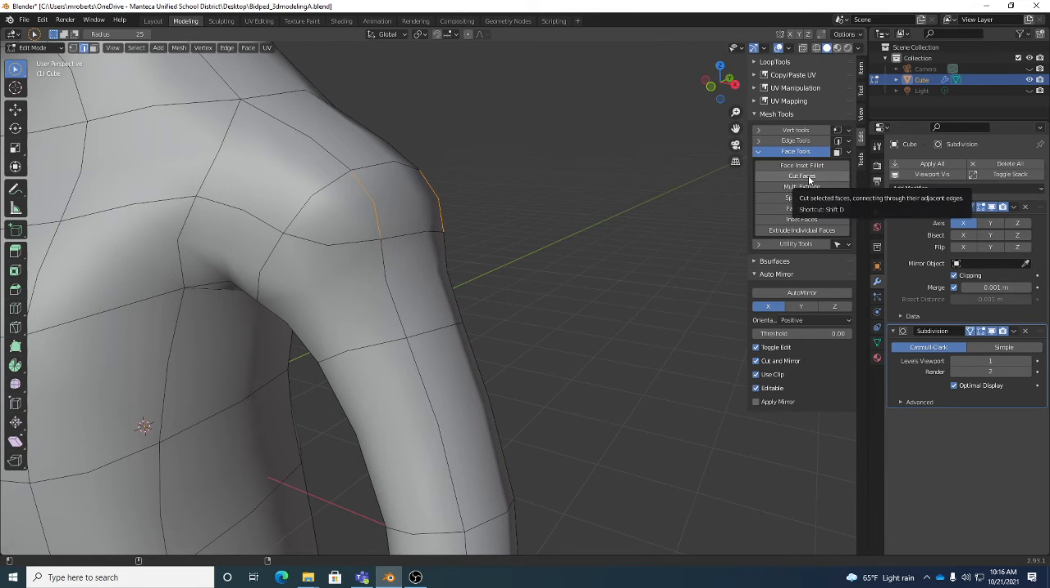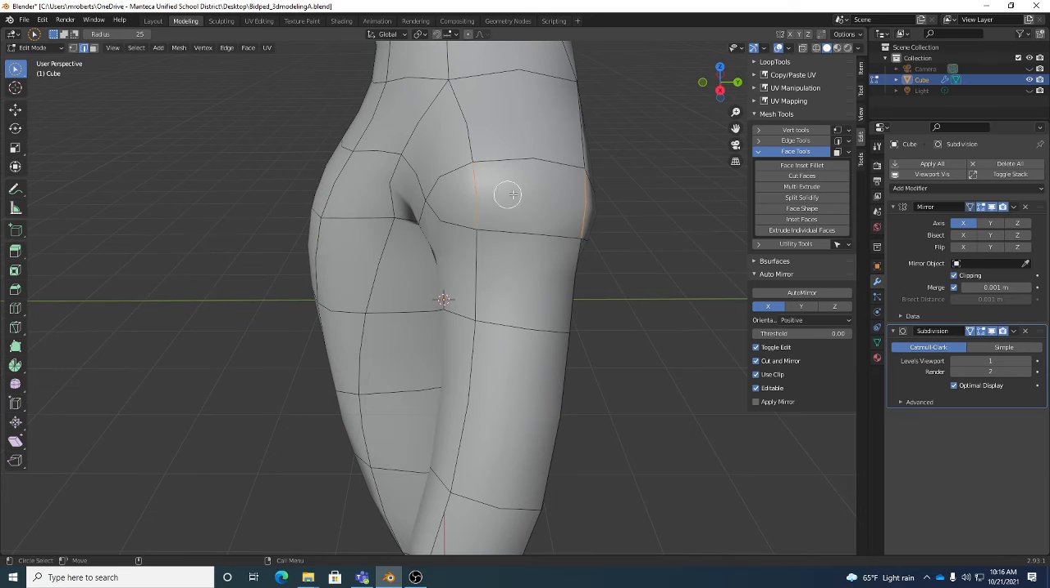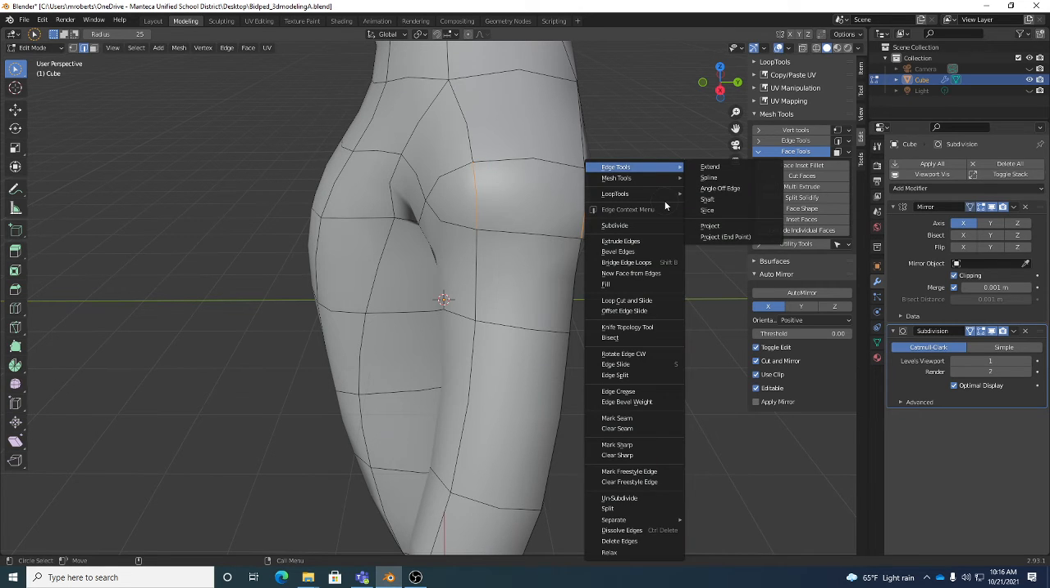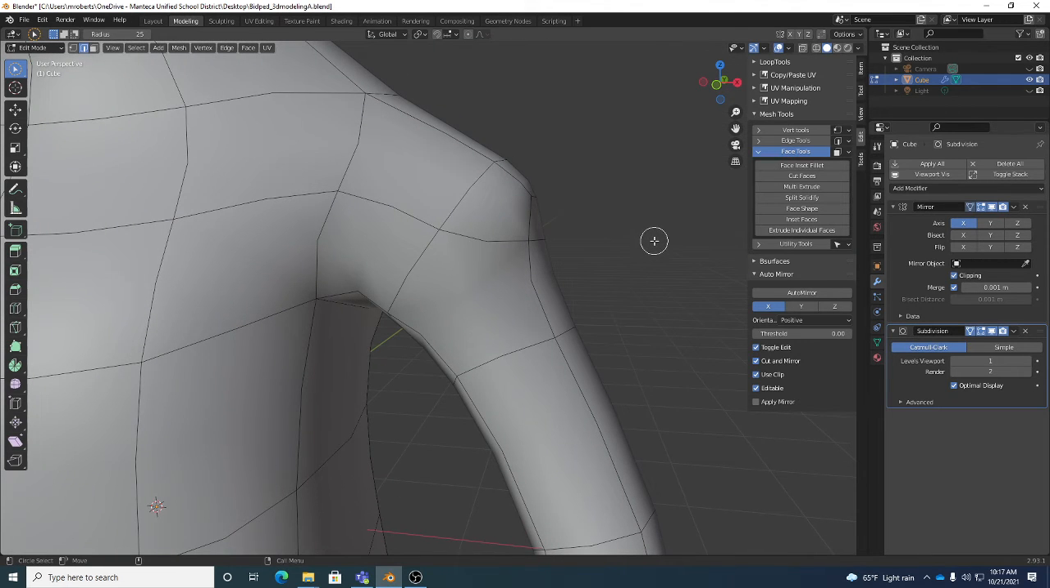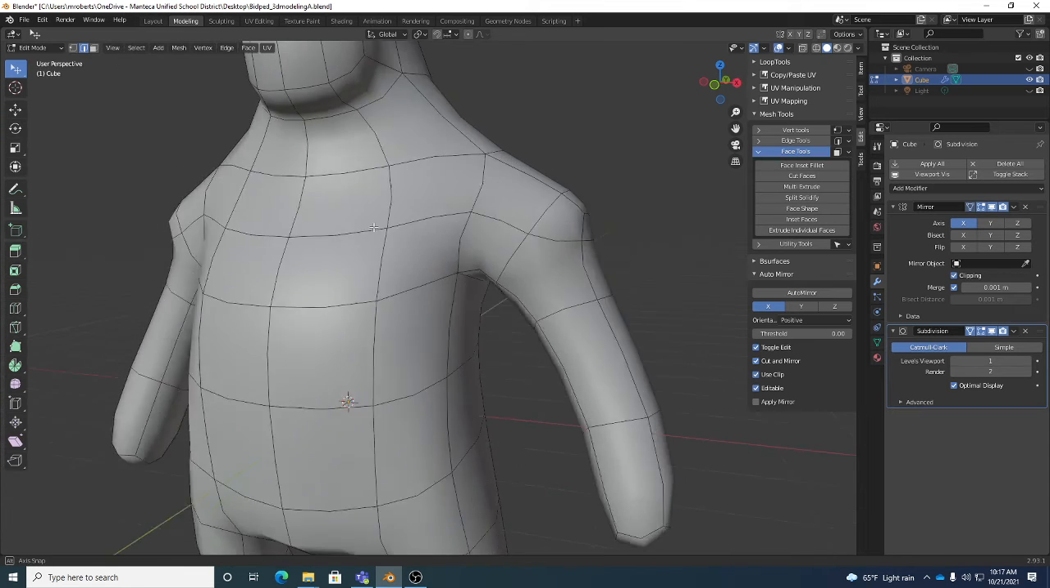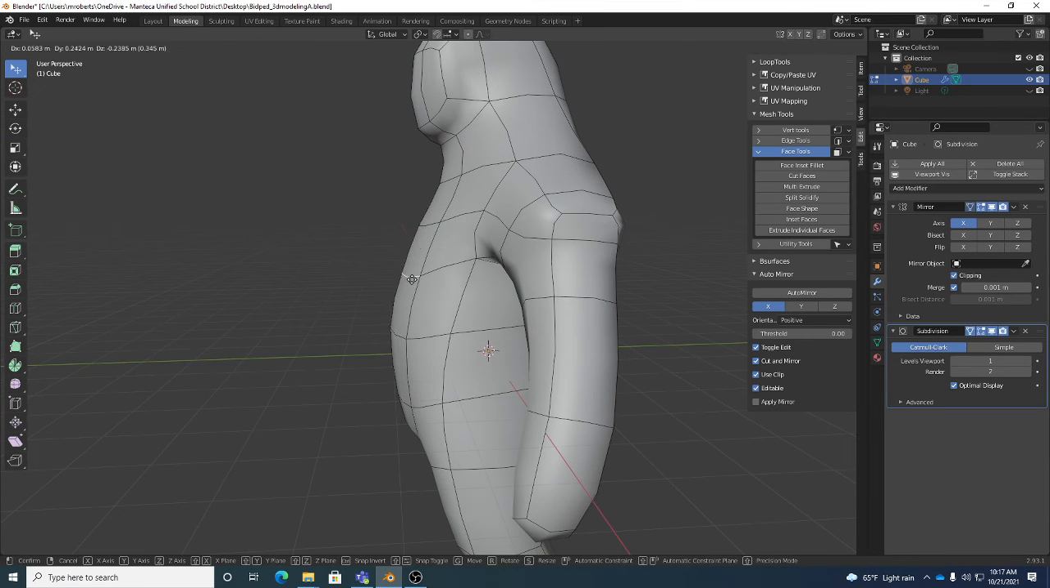Now, cut faces only works for faces. So if you want to add an edge or edge loop on edge selections, you just right click to bring up your edge context menu, and you'll see there's actually a feature called subdivide, and that will do it. Now I can hit Q until I get back to my tweak tool, and now I have geometry that's going to allow me